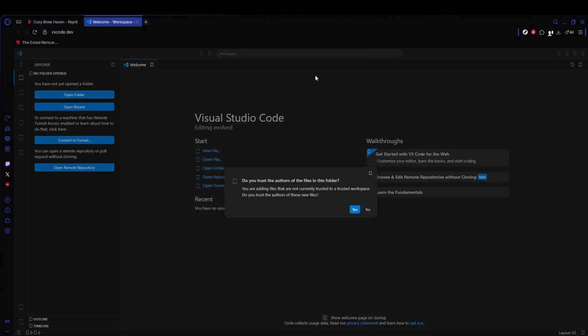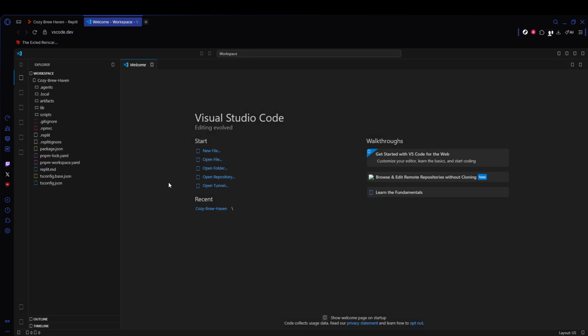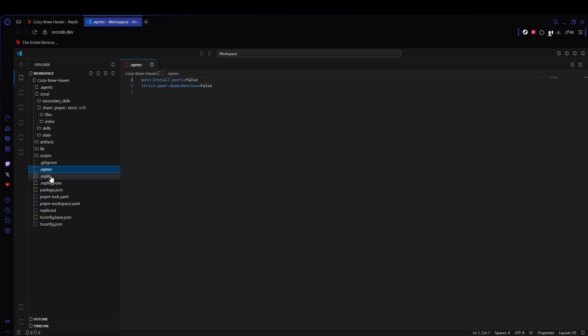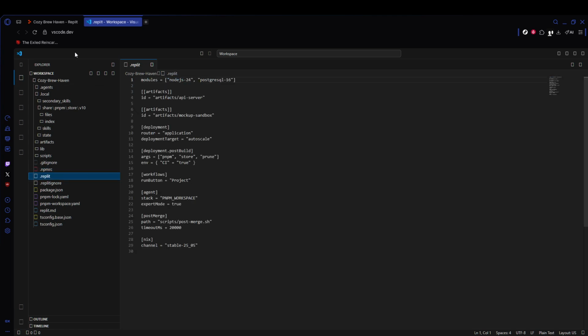From here, you can run the code the same way you did on Replit by using the command your project expects. Open the integrated terminal in VS Code and run the command that starts your app, such as launching your main script or start task. If your project relies on dependencies, install them first using the package manager